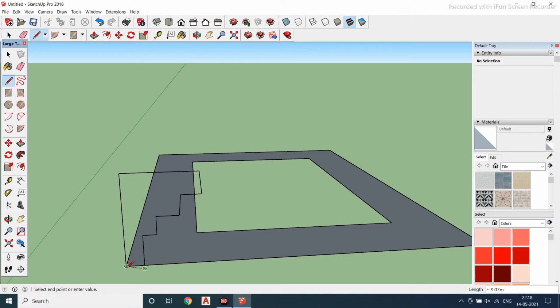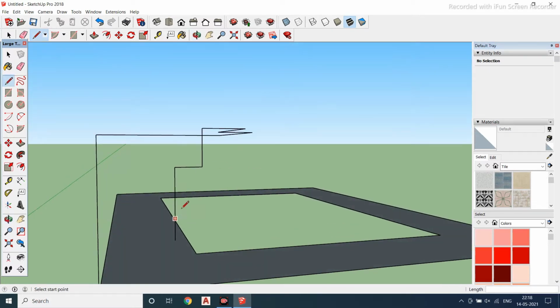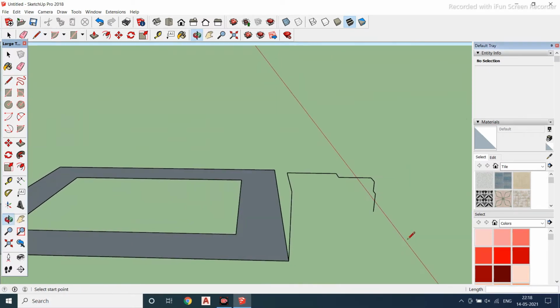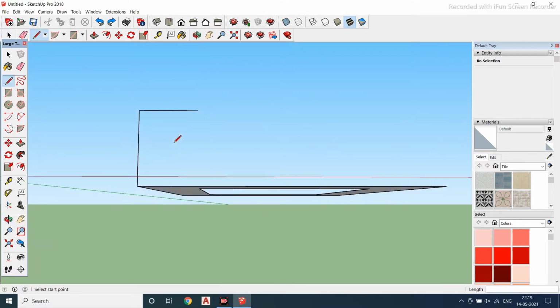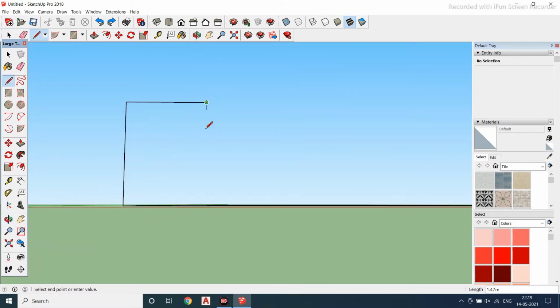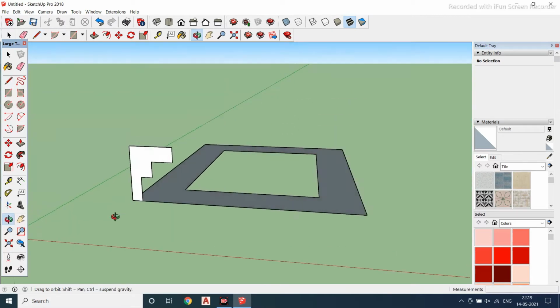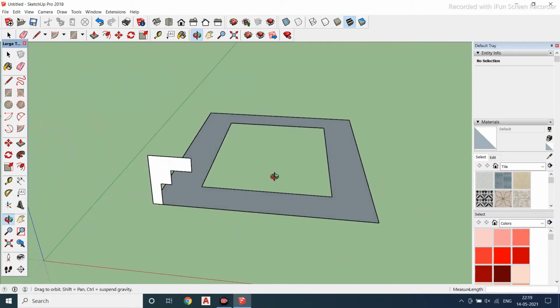You have to note down the axis. It has gone to a wrong axis, so I did Control Z and started again. It should come as a blue line, red line, blue line, red line, blue. This form I have to create.